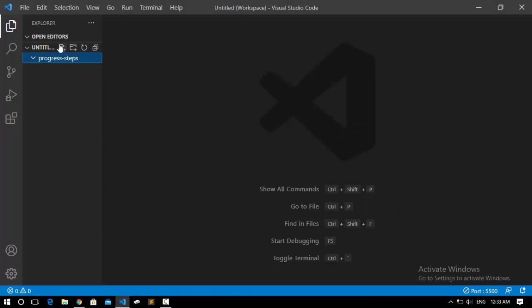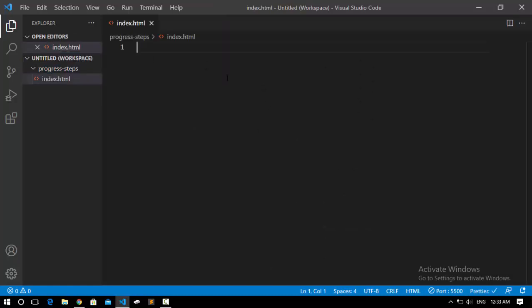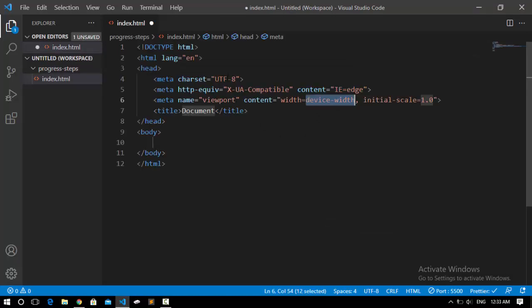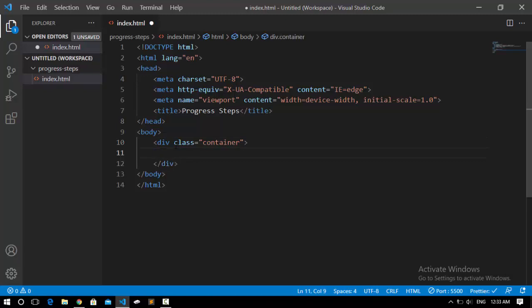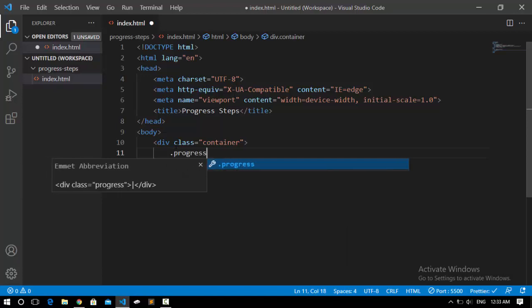So I'm just gonna go and create our index.html file, and after that, inside the index.html file, I type HTML5, and we get this boilerplate. And here I'm just gonna say progress steps. So inside the body, I'm gonna create a container, and inside the container we're gonna have our progress container. So I type a progress container,